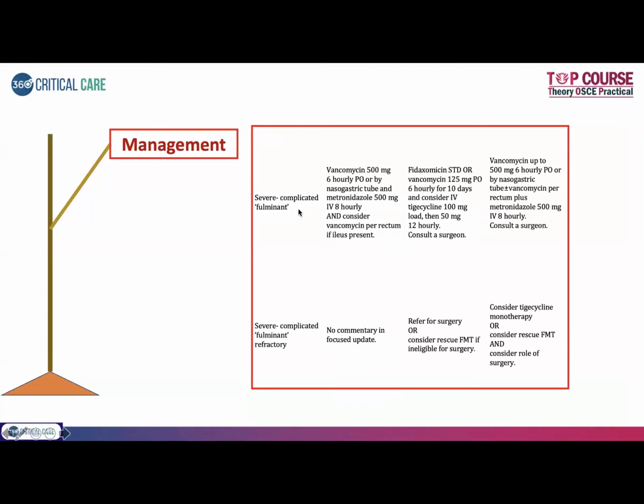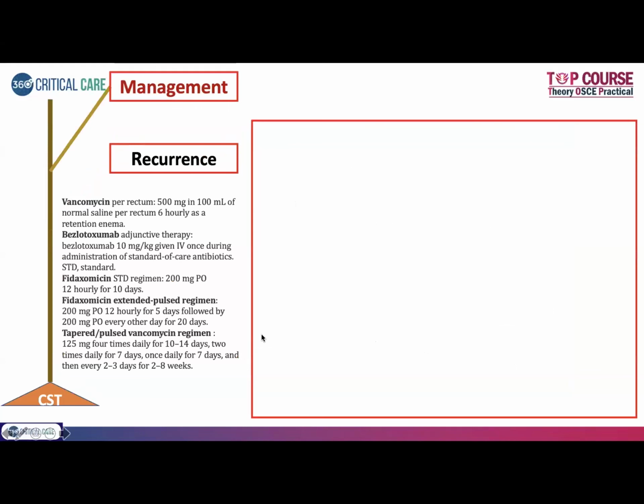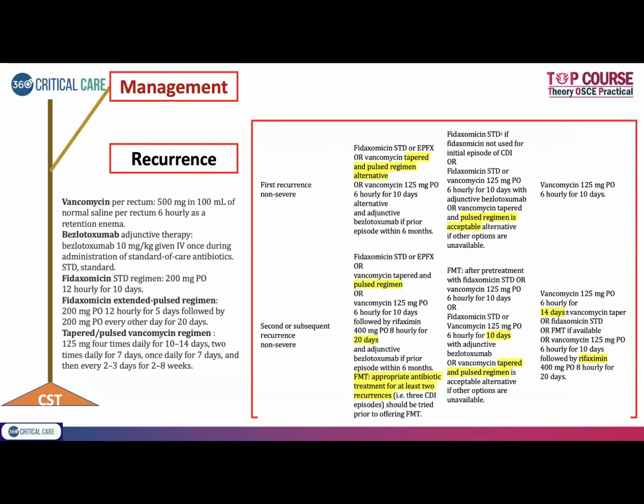If it is a fulminant infection, you have to give vancomycin at a higher dose, 500 milligrams 6th hourly per oral, followed by metronidazole 500 milligram IV. These two are combined, high dose vancomycin and metronidazole. And consider vancomycin per rectum if ileus is present. Severe complicated fulminant refractory. Here there is no recommendation, but if the recurrence happens, first recurrence and second recurrence,